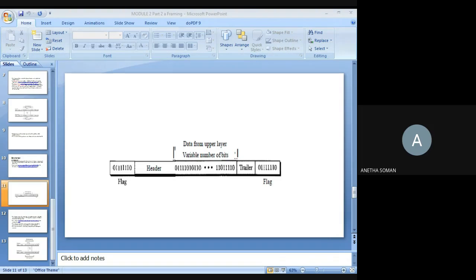Okay, all of you take down data link layer. All of you take your notebook and start writing. Data link layer. Second layer of the OSI model or the TCP/IP model.